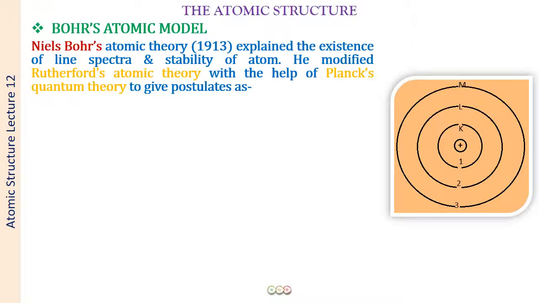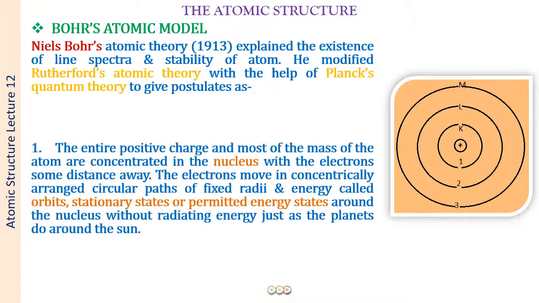So Niels Bohr was a Danish physicist. He even worked with Sir J.J. Thomson and Rutherford for about 1 year, and he gave his atomic theory in the year 1930 to explain the existence of the line spectra and the stability of the atom. He modified Rutherford's atomic theory with the help of Planck's quantum theory, and the postulates of his theory are